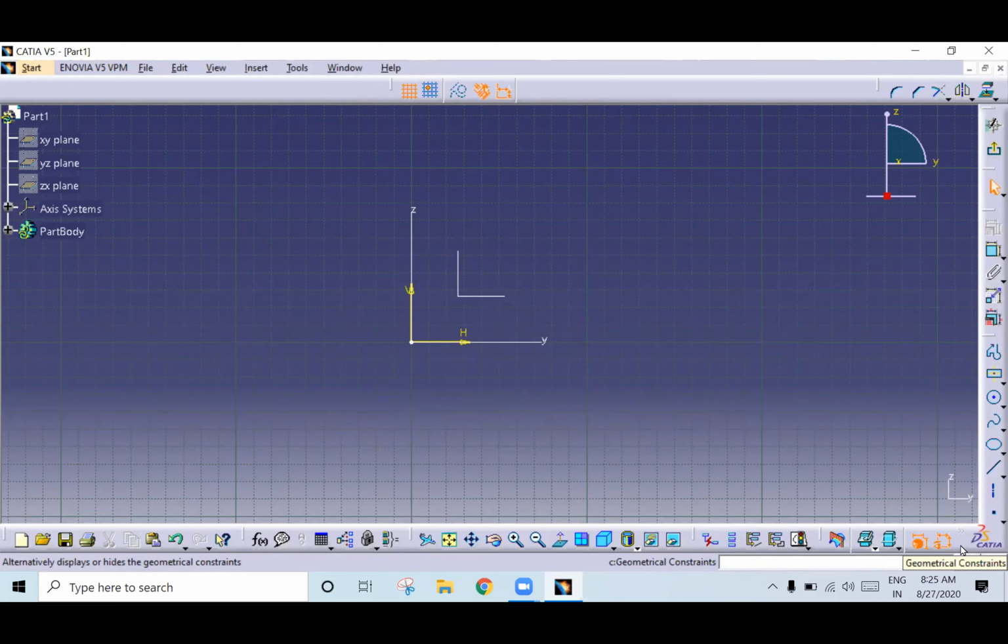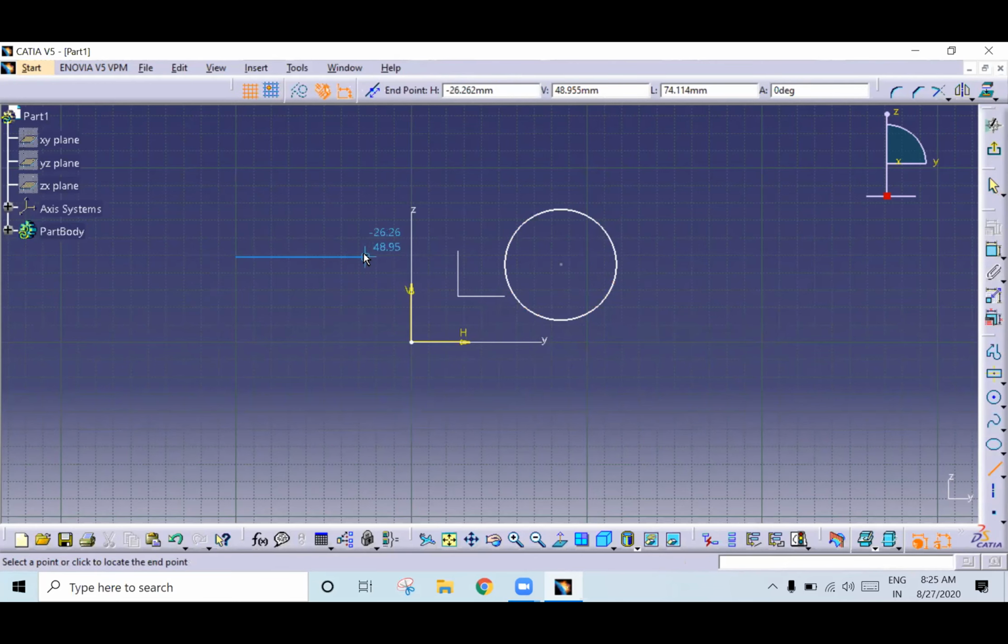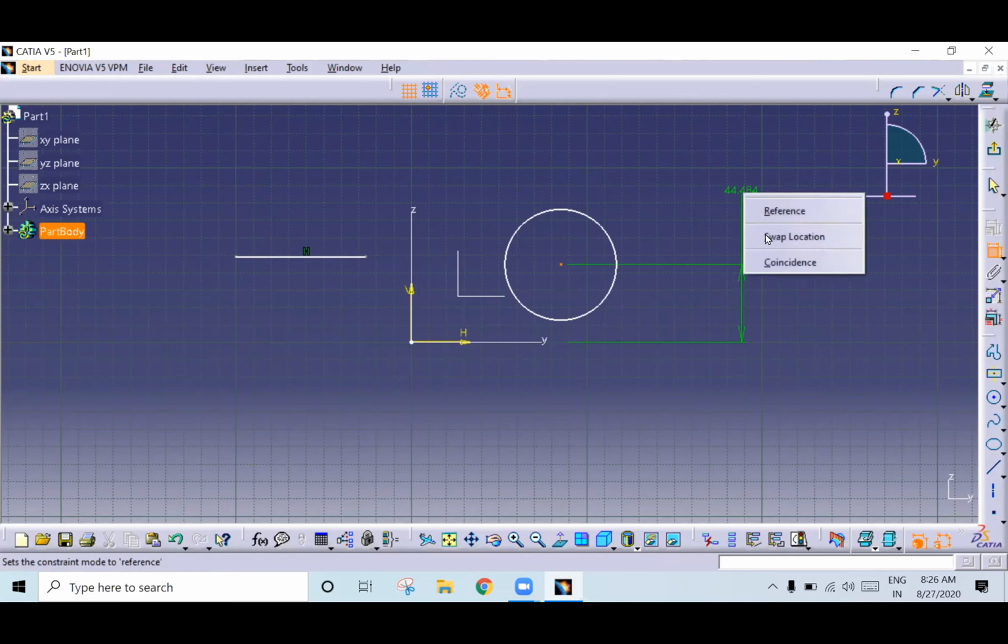Then, Coincidence. Yeah, coincidence is very important. Suppose if you have a circle or if you have a line, okay, if you want to coincide this point with this axis or this point, so what you can do is go to constraint, select the midpoint, select this axis, right click, coincidence.